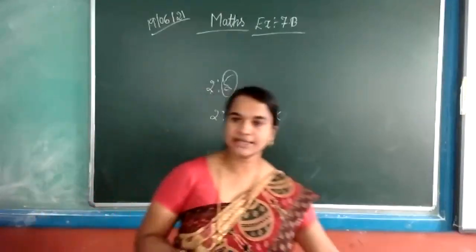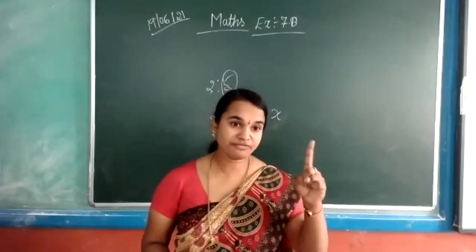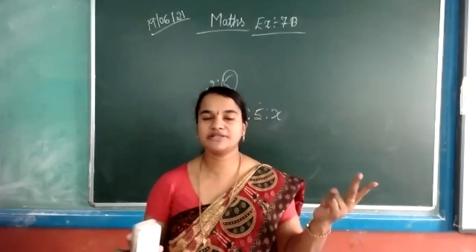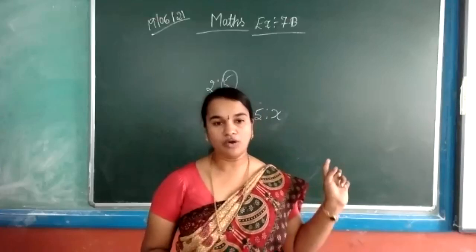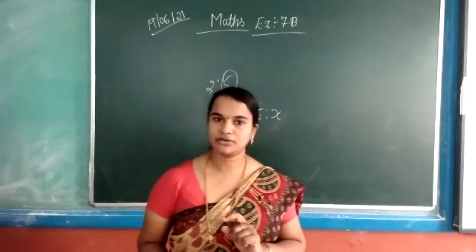Okay, now we will start the exercise. On a new page, write down exercise 7b. The first one is true or false, but there is no need, we are not doing true or false questions. We will start from the second. Already I told you two methods are there; whichever method you find easy, follow that method.